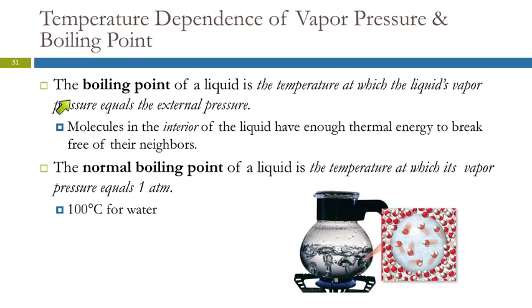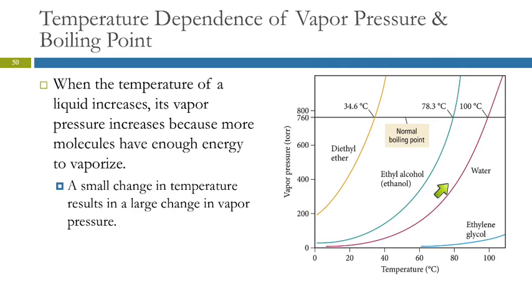So the boiling point is actually going to depend on the external pressure. The normal boiling point is the temperature at which the vapor pressure equals 1 atmosphere. That's what temperature it would boil at sea level. That's 100 degrees for water. Here's 1 atmosphere pressure, 760 torr. So water boils up there. If you have a lower pressure, let's say you only had 400 torr, then water's going to boil around 80 degrees Celsius. If you increase the pressure, then it will boil at a higher temperature.